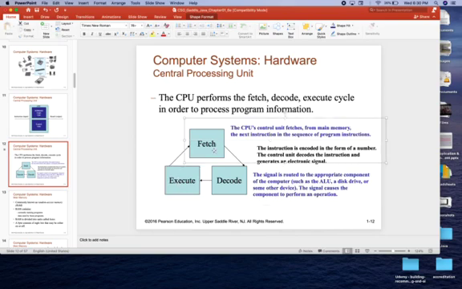The fetch is done, the instructions are fetched from the main memory, which is the RAM, in the exact sequence as the program is organized. So in your algorithm, you may have the start, and then your first instruction to go to the next, onto the last. So fetch means that the CPU is supposed to get the instructions at the very top. So the number one step in your algorithm or in your source code, that is what the microprocessor will fetch from the RAM.